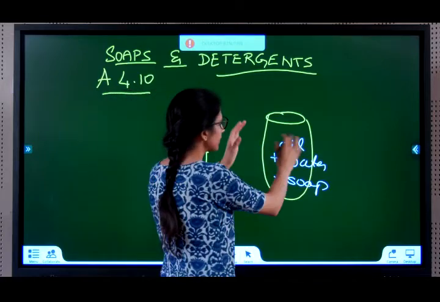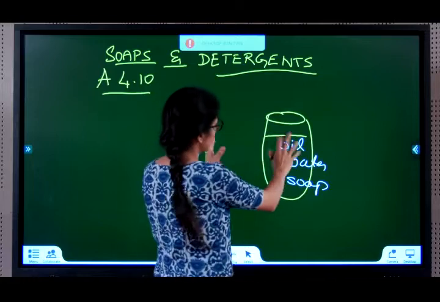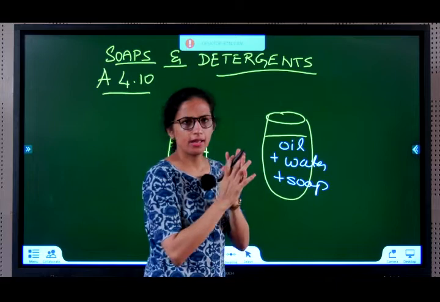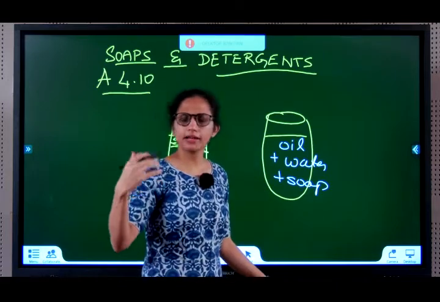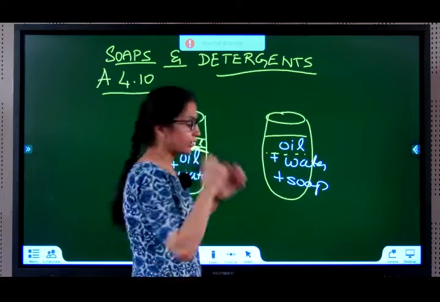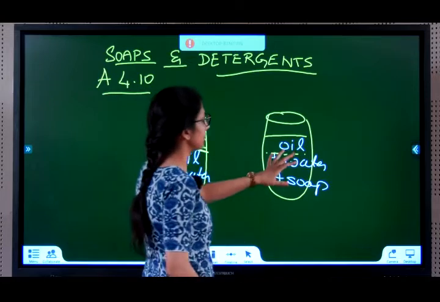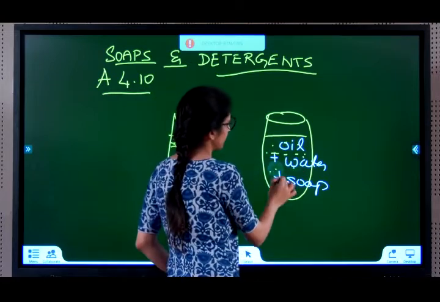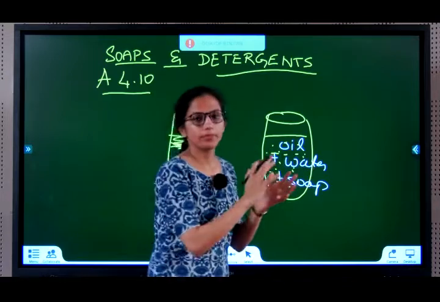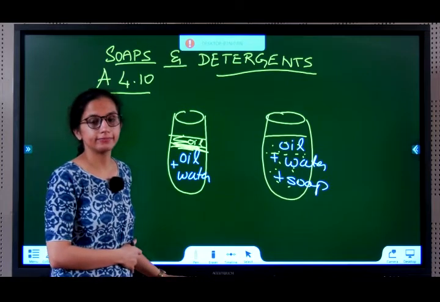But here the solution is milky, it's cloudy. It's white in color and the whole solution becomes white. But if you leave it for a few hours, then again this will also separate out into oil and water. But as soon as you mix it and keep them, the plain mixture immediately separates out into oil and water, and this one is cloudy. Basically, it's white particles everywhere. The oil and water is fully scattered around over here. Why, you will understand when I explain soaps and detergents in detail.